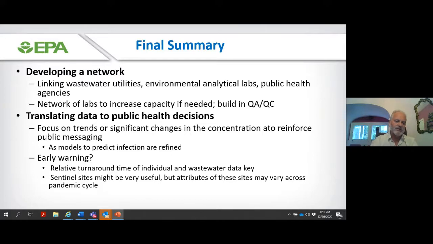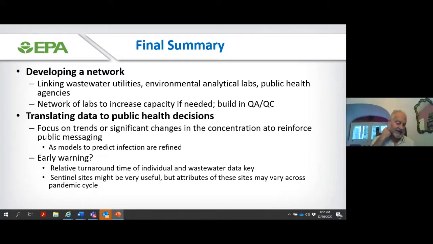And in terms of early warning, and you looked at some of the data I showed, it looked like there was a relatively reasonable correlation between the level of wastewater and the level of infection in that particular sewer shed. Maybe it could be a bit of a leading indicator, but the key variable is how quickly you're getting any of those data back. Because what I was showing you was archive data in a way, right? After the fact, after we finalize the infection rate data and the wastewater data, the real key is what data do you have quickly? So the turnaround time is really pivotal and something we get pressed on a lot within the